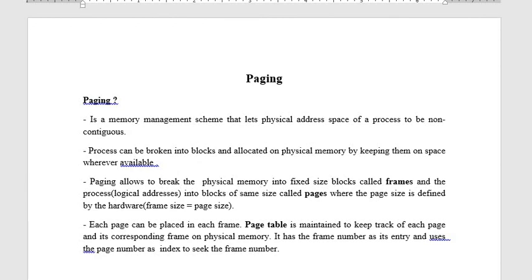Whereas the physical memory is also divided. Instead of having the entire memory as one single block, we divide the physical memory into frames, because we need to fit these pieces of the process, in page form, into the physical memory. So obviously the frame size must be equal to the page size, so that we can easily accommodate a page in a particular frame on the physical memory. That is the basic idea, which is very important under paging.